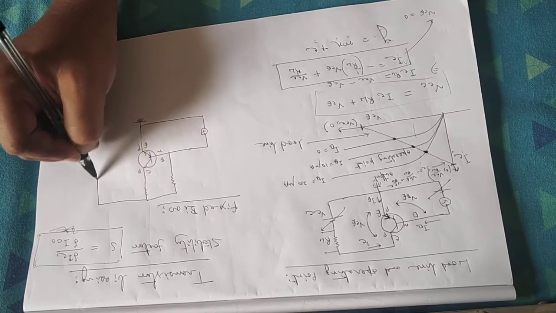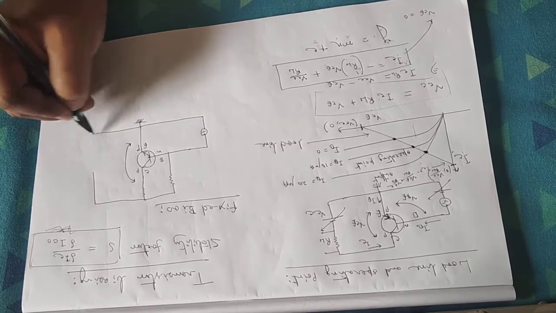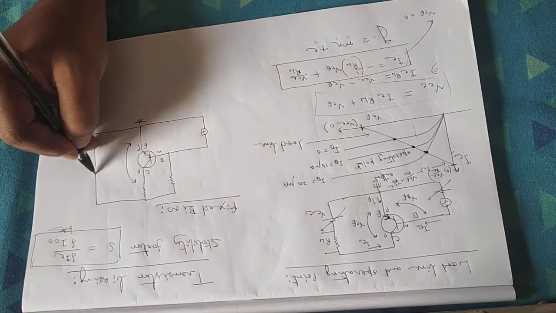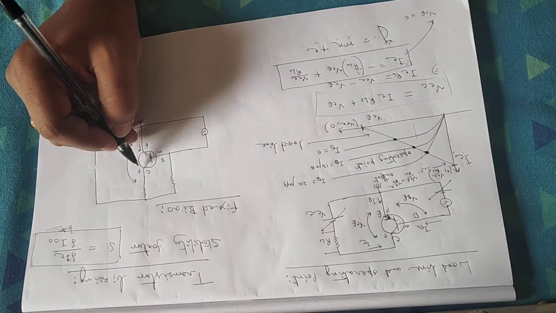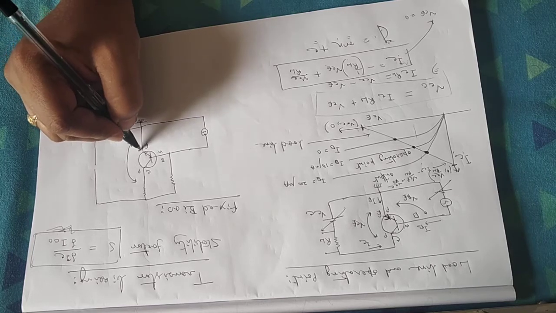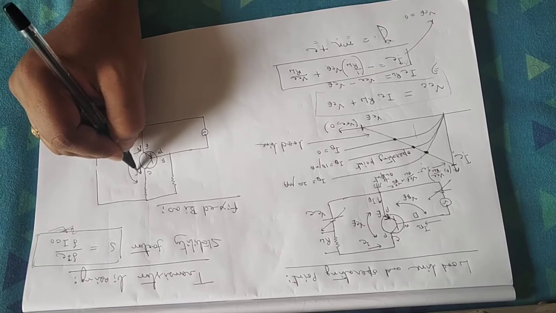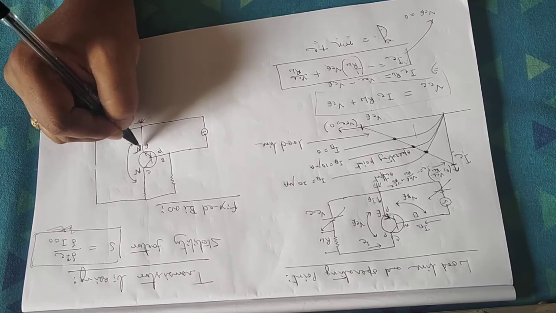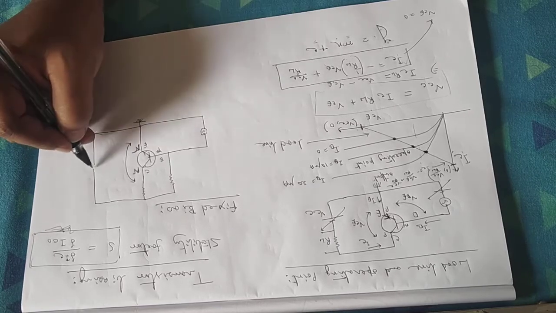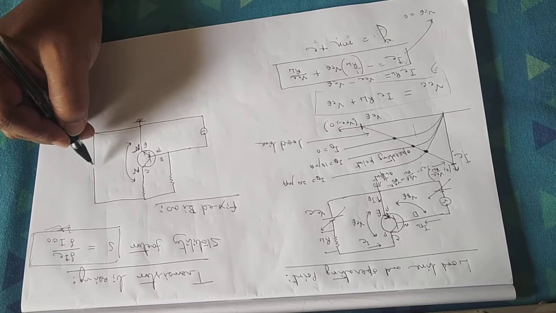One single battery is good enough for the connection. The collector junction is reverse biased. If the arrow is outwards, I am making the same mistake again and again, outwards means it is NPN. This is N, this is P, and this is N, an NPN transistor. In an NPN transistor the collector N is reverse biased, so it will be connected with the positive side of the battery.